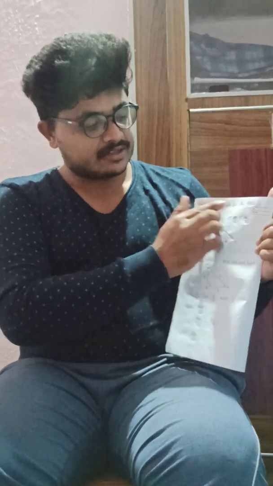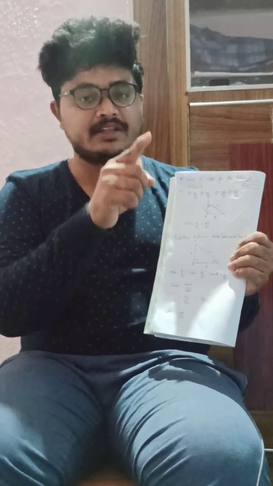Now we will be dealing with some problems regarding the trigonometric ratios. What is the first problem? What is cos theta for the triangle below? So this is a right angle triangle ABC, where here we are having 90 degrees, and as I said before, you can take either A or C as your angle. So in this question we are taking A, which is represented as theta. P is the perpendicular, B is the base, and H is the hypotenuse.